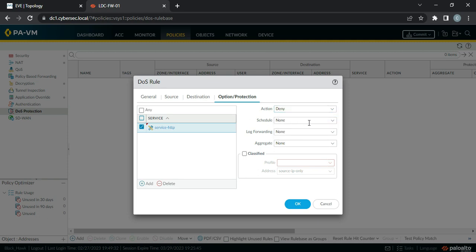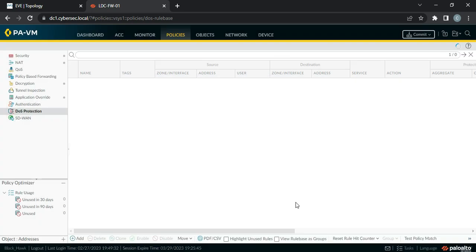Then if you want to schedule this rule, you can do that, log forwarding. And if you want to aggregate, we have this aggregate profile, so let's call it out. And if you have classified, then you need to define the classified policy, which we don't have as of today, right? So let's go with aggregate first. So we have configured this profile. Let's do the commit,